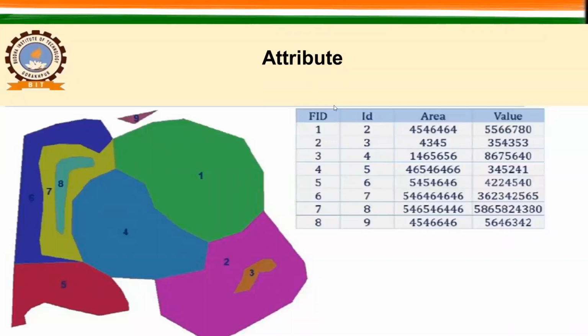So in this slide, we will see what the attributes are. They are the additional information available in this particular polygon. So you can see, considering this our map, right? So this is the boundary of your map. Here we can see this is the boundary of your map, right?